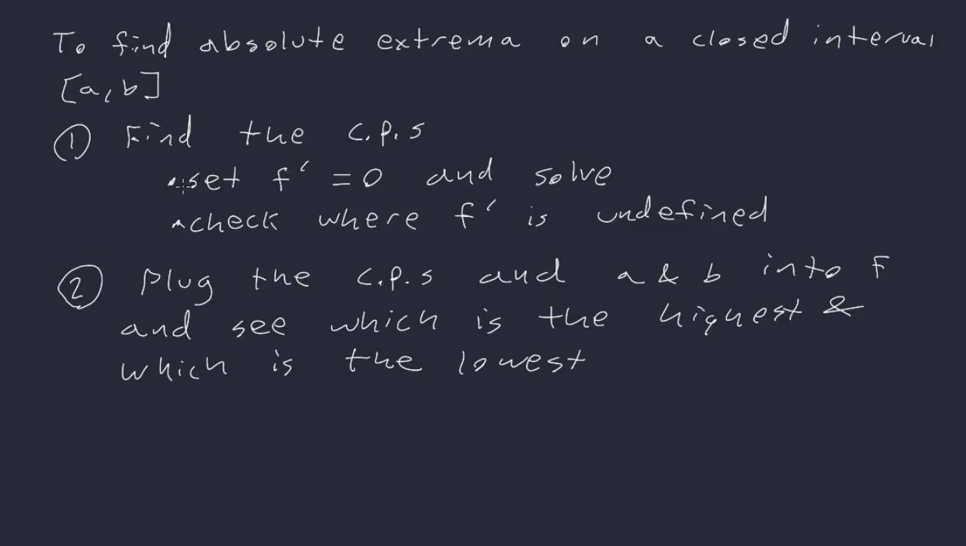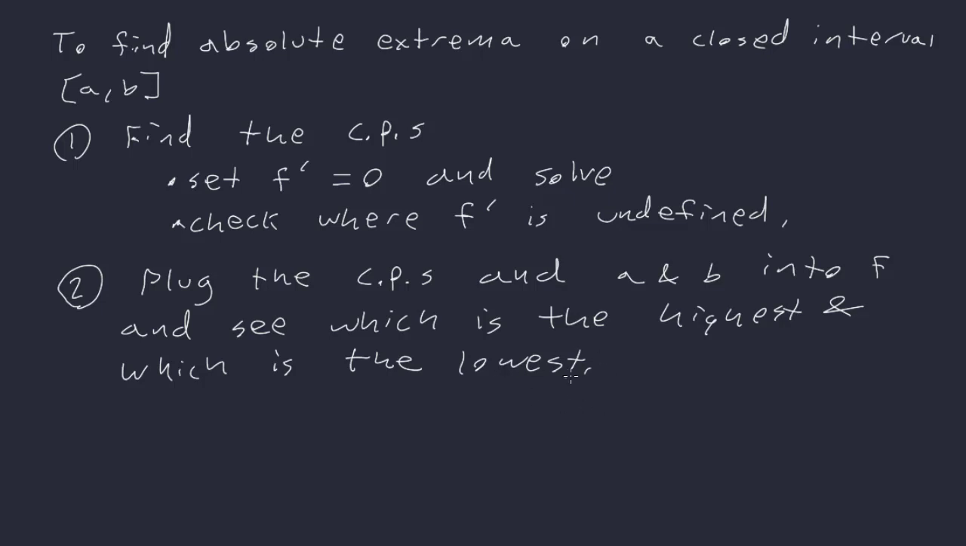So in order to do that, you set f prime equal to 0 and solve. And you check where f prime is undefined. Then you plug the critical points and a and b into f and see which is the highest and which is the lowest. Okay, the very highest will be your absolute max. Your very lowest will be your absolute min. All right, so